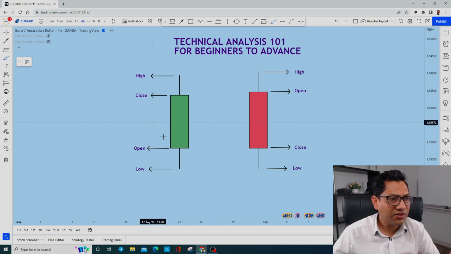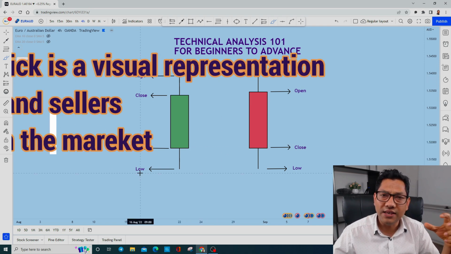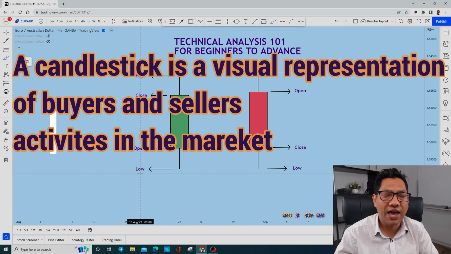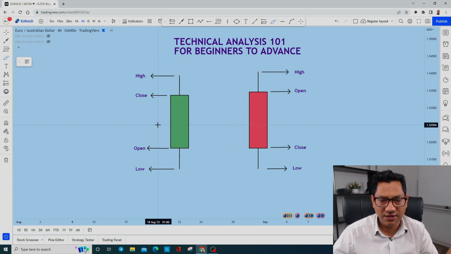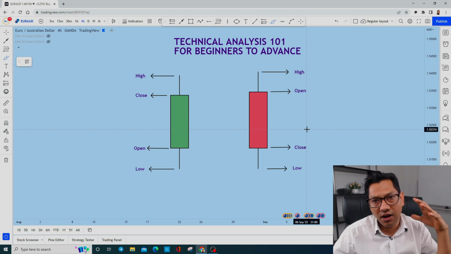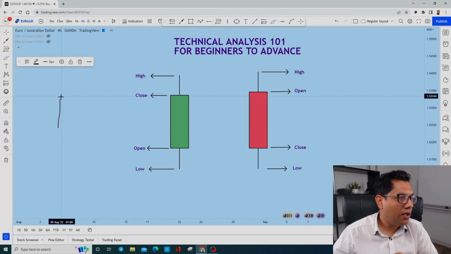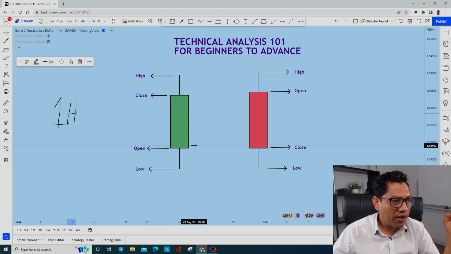So first of all, let's find out what this candle means. Now keep in mind that a candle is a visual representation of the buyers and sellers activities in the market. So let's assume that this candle represents a particular time period. For example, if this is a 1 hour candle, what this candle means is that this is where the market